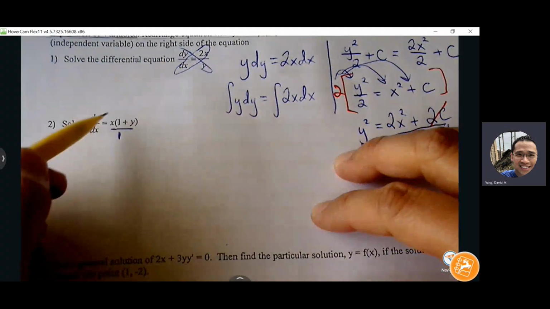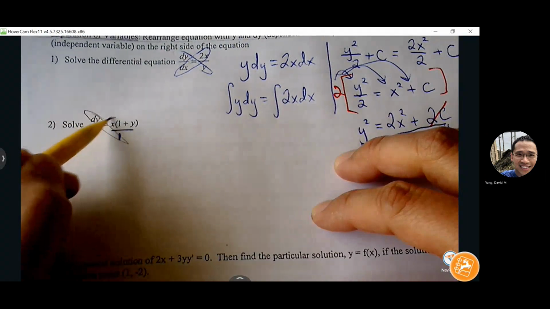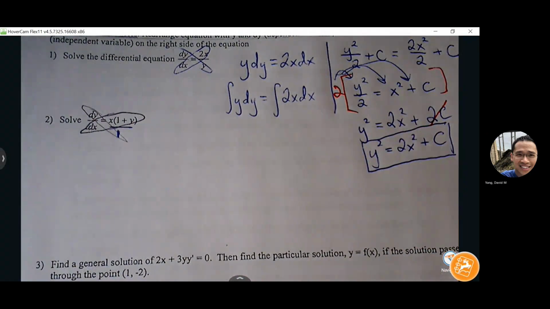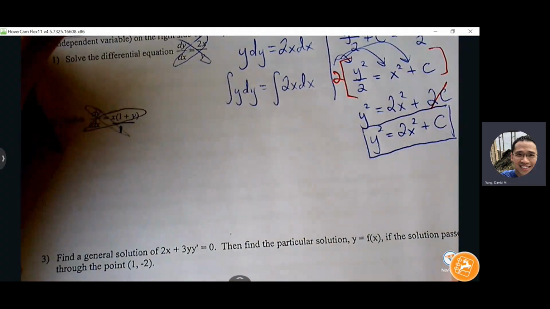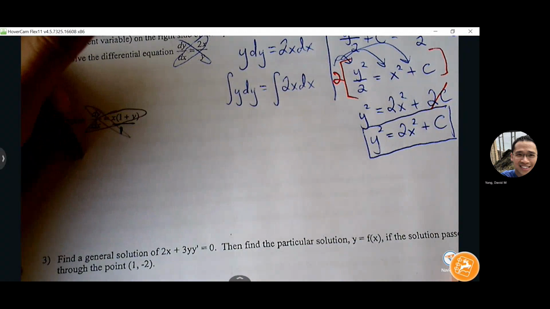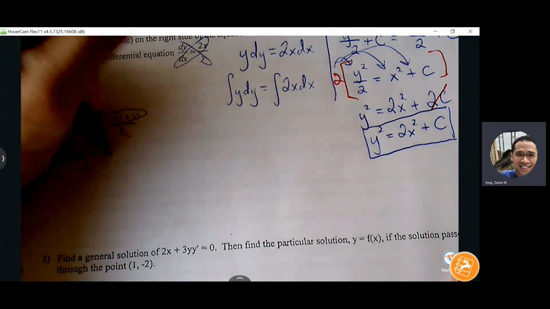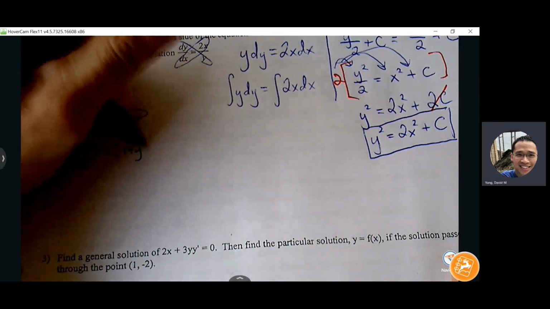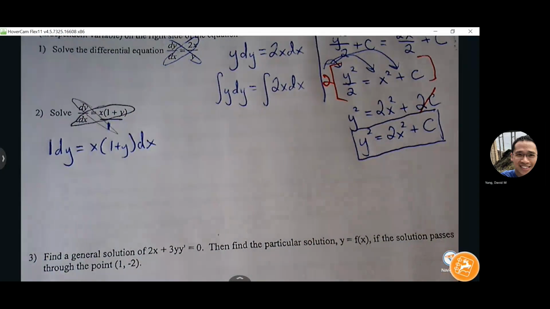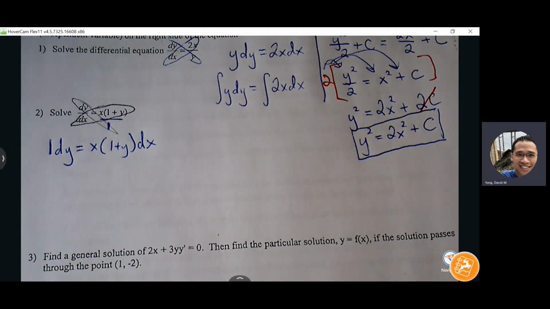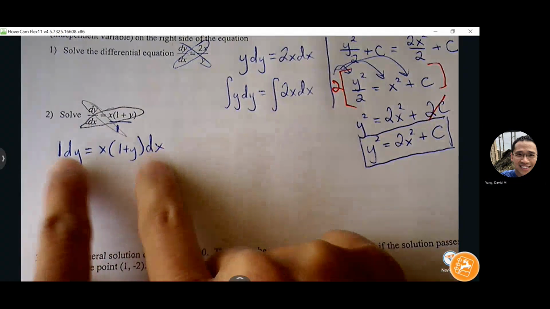I'll do cross product here. Okay, so 1 dy is equal to x times (1 plus y) dx. Everybody okay so far? So what I want us to make sure that we understand is that another reason that